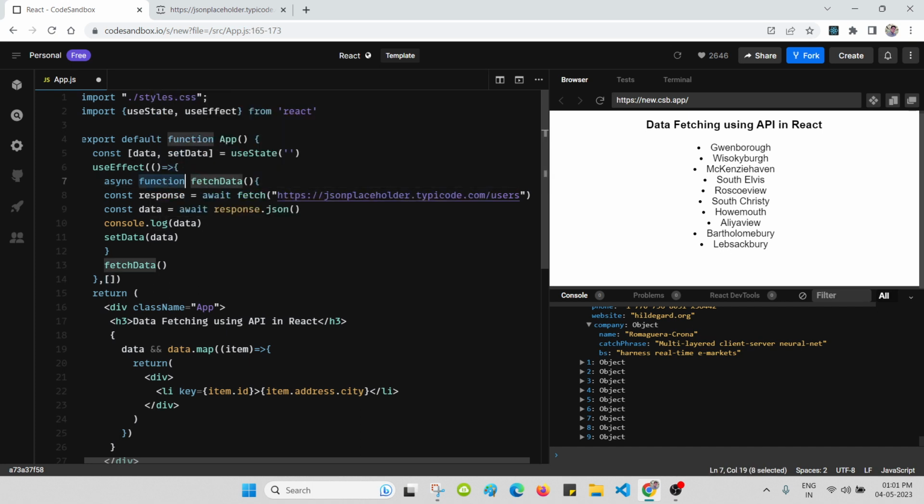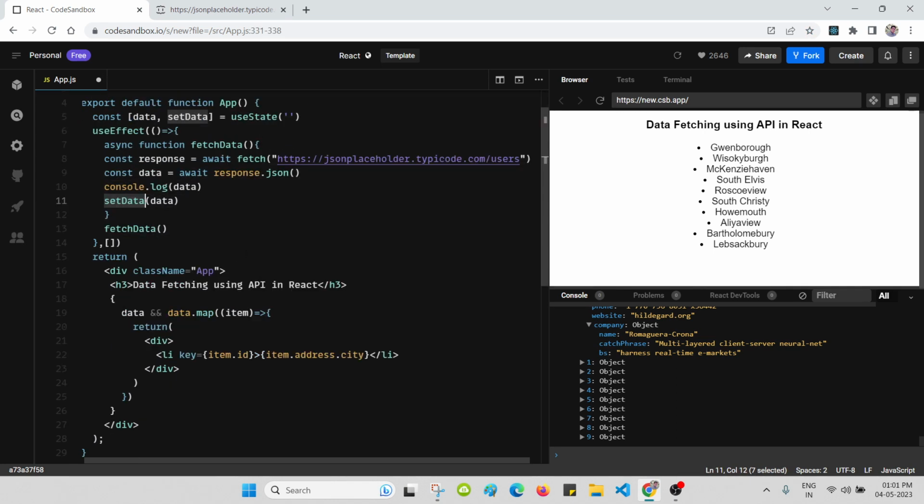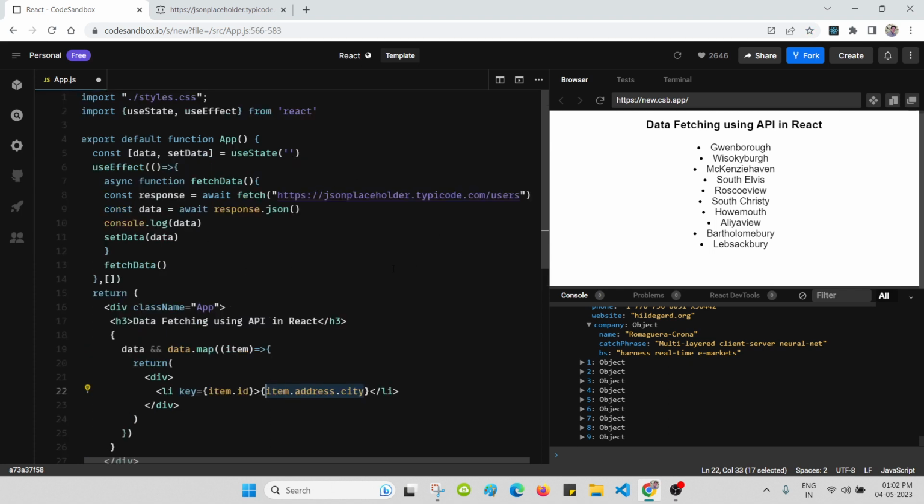And we use the function, and we will make it the async function. With the help of fetch, we are fetching the API data and we are calling response.json. Then we are printing this, then we are setting the data. Now here we are just finding the data. We have to use the map function, and map takes a callback function. Key is to identify the data uniquely. In this way, we can use this fetch data API and